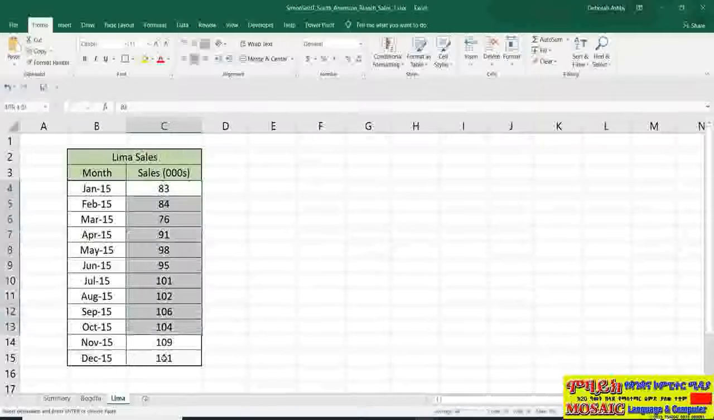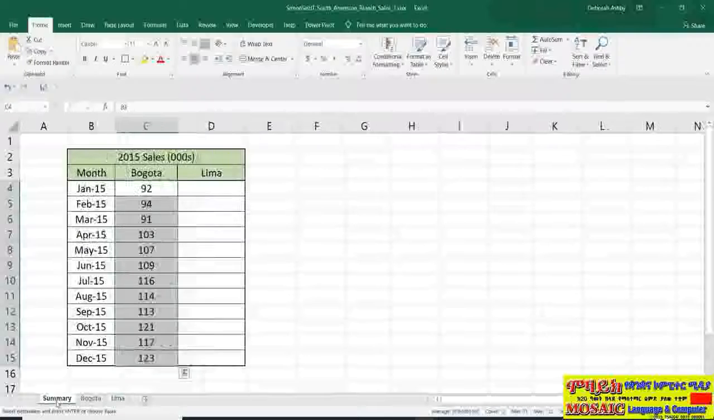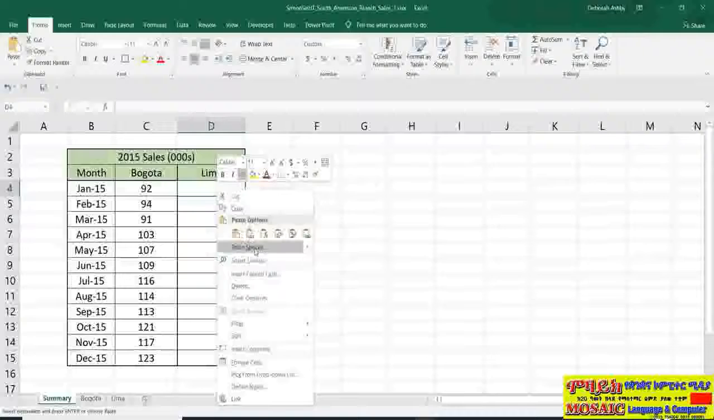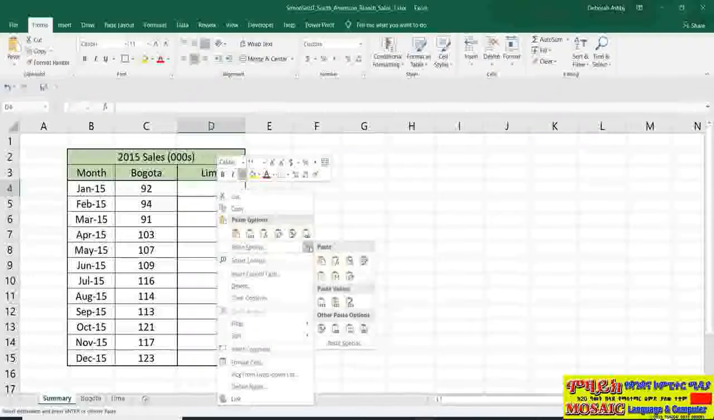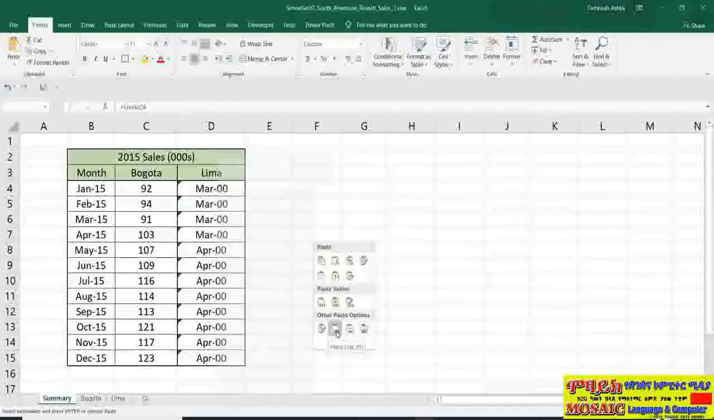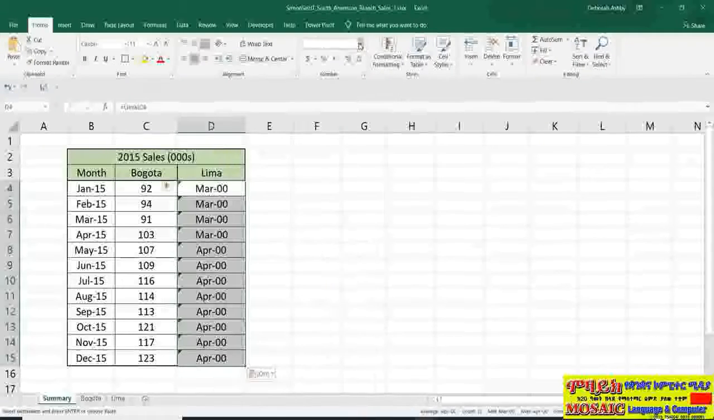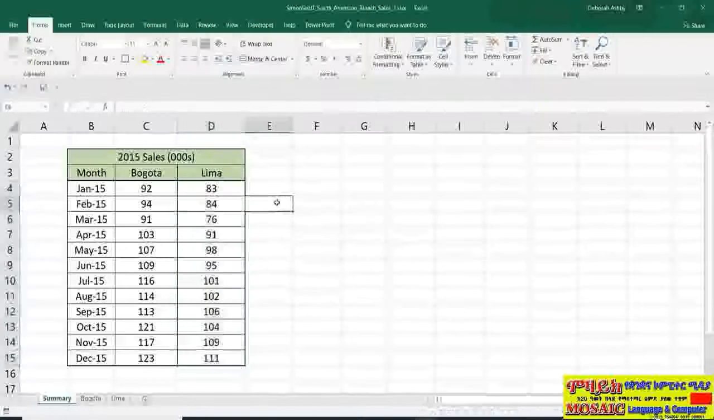I'm going to copy, Control-C, the Lima sales, back to the summary sheet, but this time instead of paste, I'm going to do a special kind of paste, a paste link. So if I go to Paste Special, you'll see right at the bottom we have a paste link. Now, of course, I see the same numbers, but now if I click on, say, cell D4, I don't get